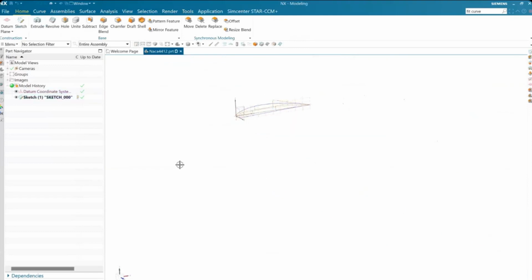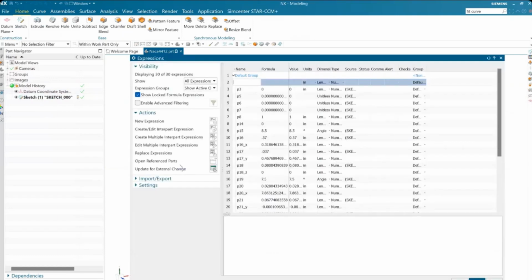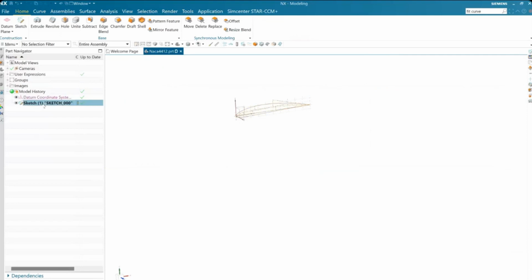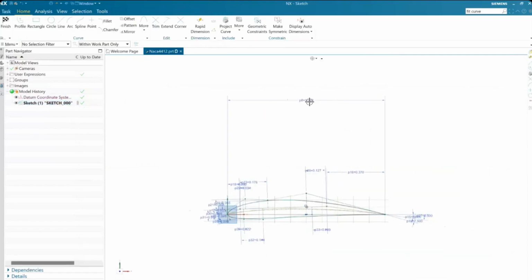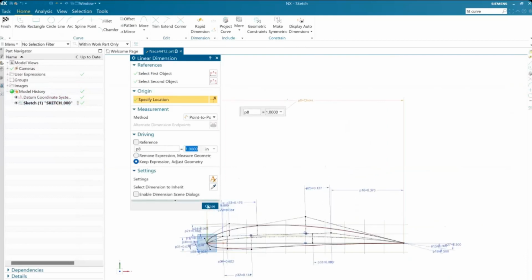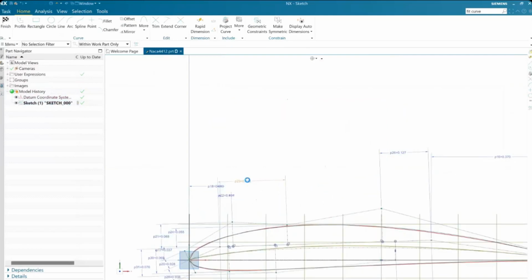You can maximize your CAD program, and you can do this in SolidWorks as well, with expressions. Control E, make one called chord. Formula is 1. Now, go into your sketch. Essentially multiply every single dimension by chord. Of course, that's 1, we don't need to run it. But essentially, boom,